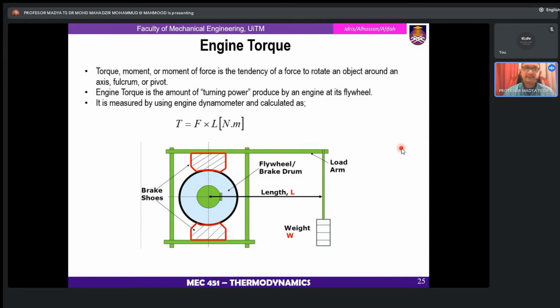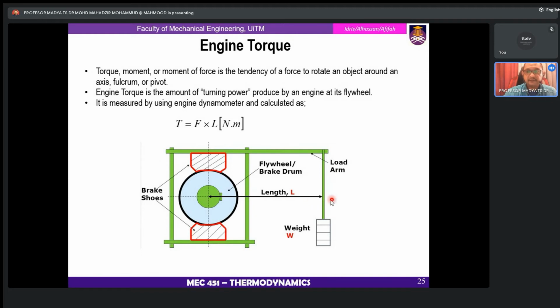That means we can measure this torque using an engine dynamometer, the device that is coupled to the engine, and from there we can measure the torque of that engine, calculated as T equals force times the length of the load arm,